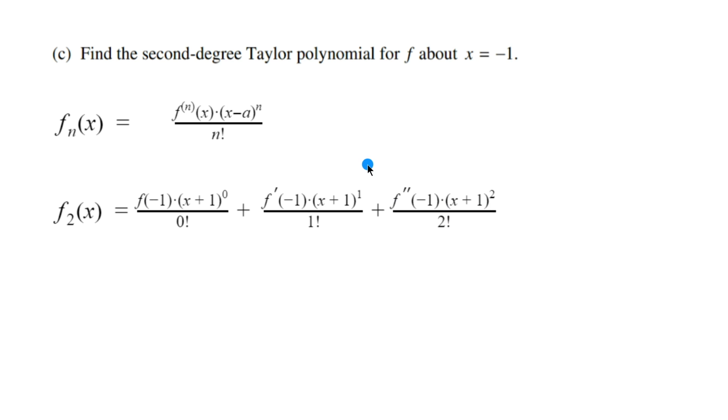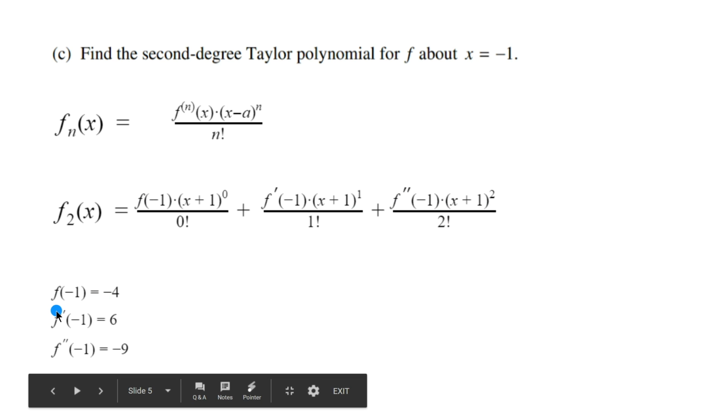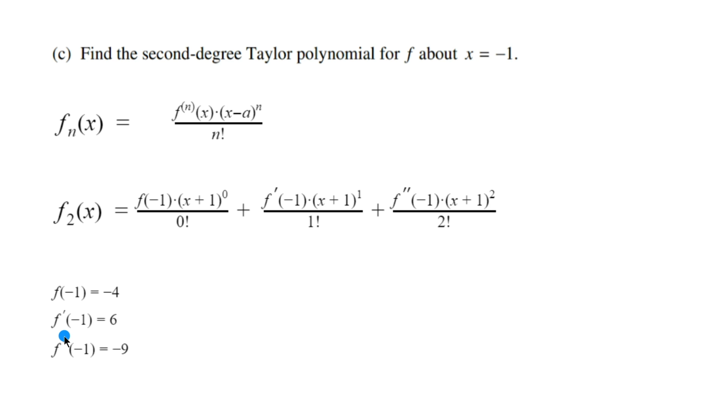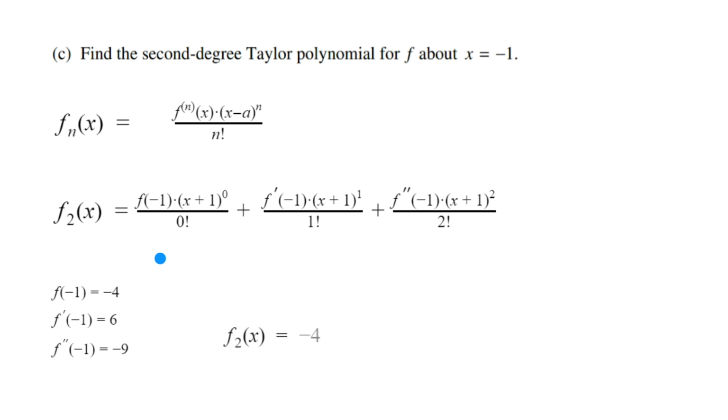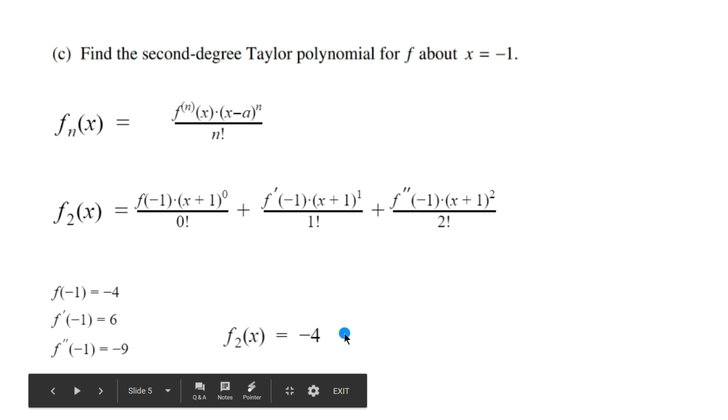But luckily we actually already did that because in part A we found that f of negative 1 is negative 4, f prime of negative 1 is 6, and f double prime of negative 1 is negative 9. So plugging that into the equation, we get that the second degree Taylor polynomial is negative 4 times x plus 1 to the 0th power, which is just 1, over 0 factorial, which is also 1, leaving us with just